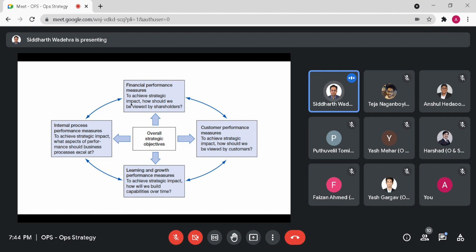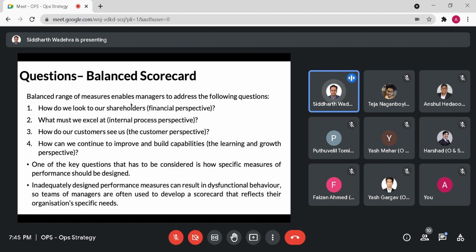Or if not, we can feed this kind of data back to the staff ops or the central ops team, who will be able to, I guess, at some level edit or alter the operation strategy, which again will flow down to the implementation and monitoring and control as such. All right, I think four key things that Balanced Scorecard measures.